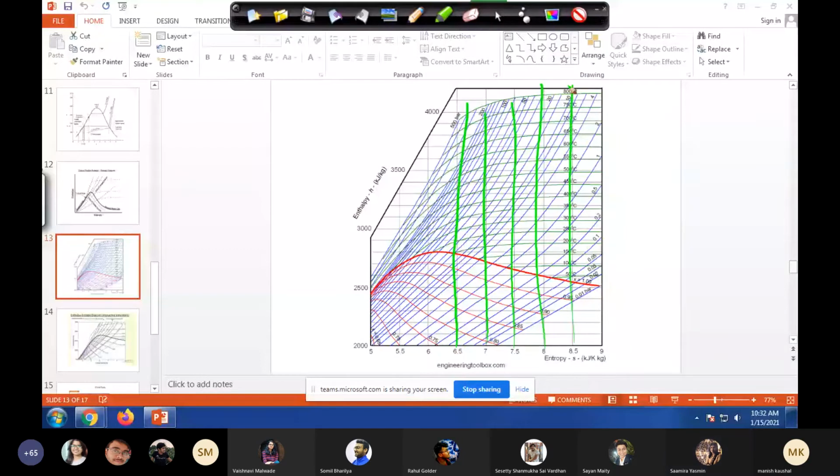So for any such constant S line, it's true. And that's why the curve should go upward. Okay, so my request to all of you is that we should now leave this diagram, because there are many things which you can ask and those all are very interesting. So we will again revisit. In fact, my suggestion is that when we finish the second law, you can again think about this diagram.